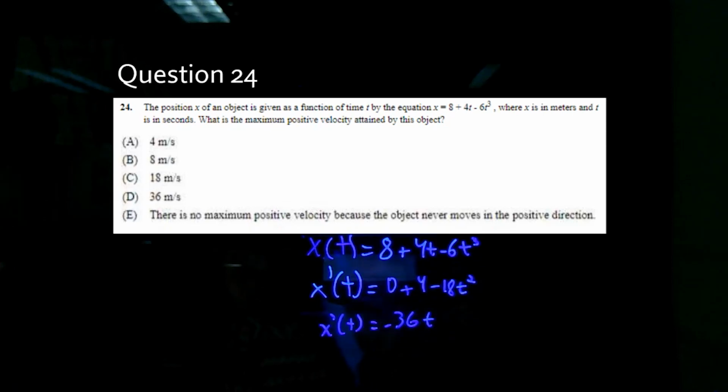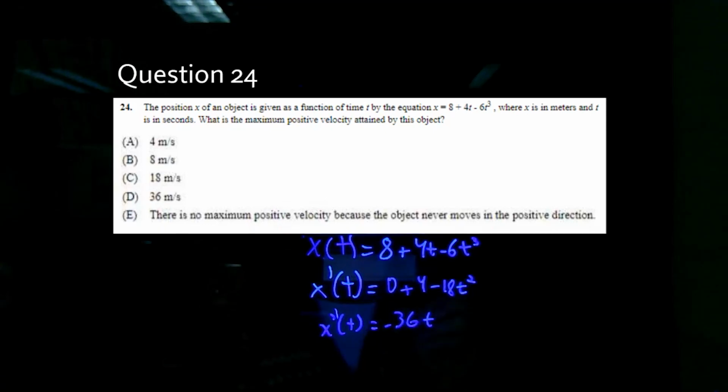Since we have the position function, we can take the derivative of that and find the velocity function. And in order to find the critical values of the velocity function, we have to take the derivative of that function and set the derivative equal to 0, because that's how we find critical values of a function in calculus. So having done that, we get that